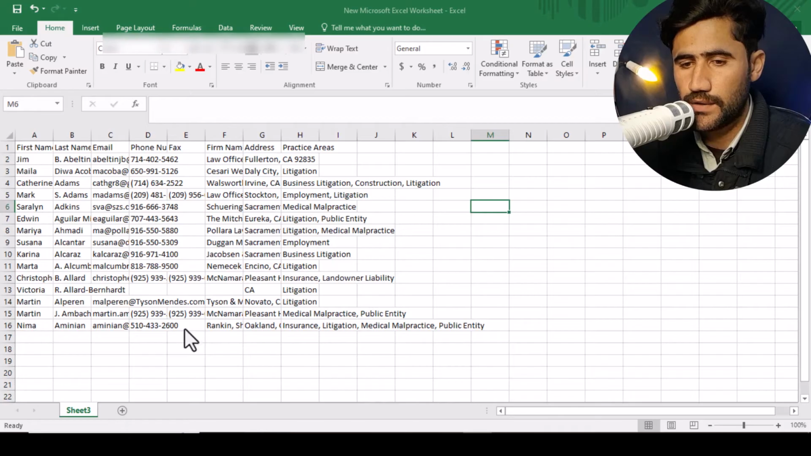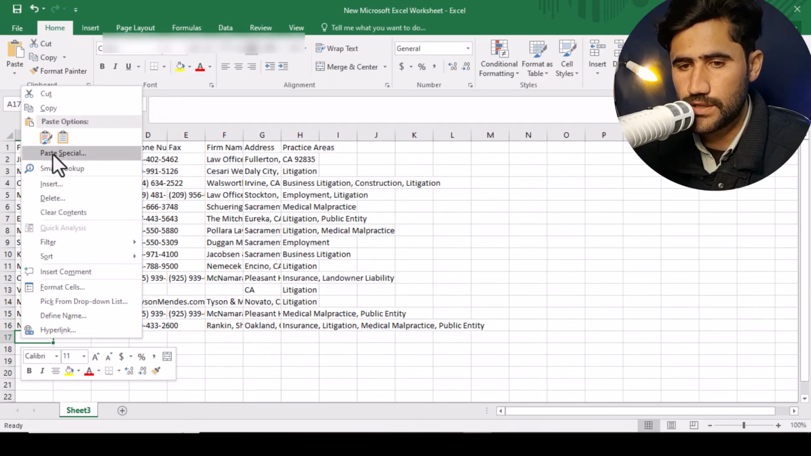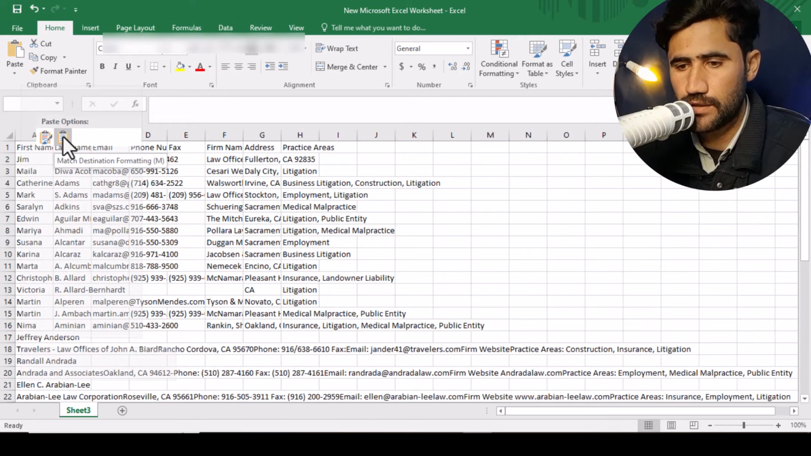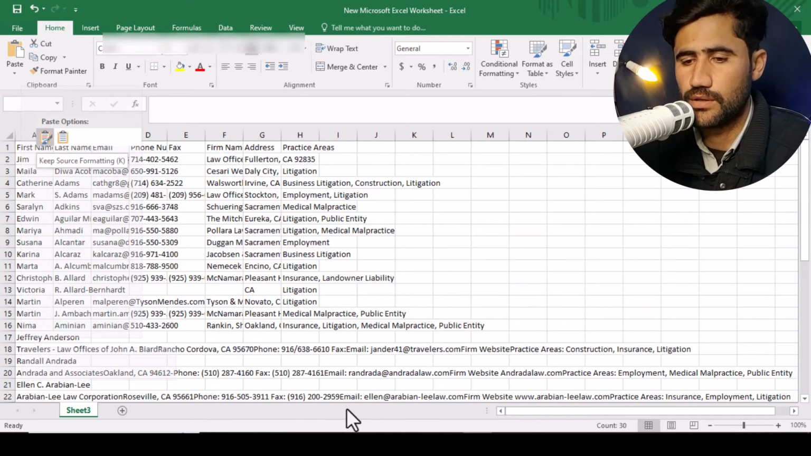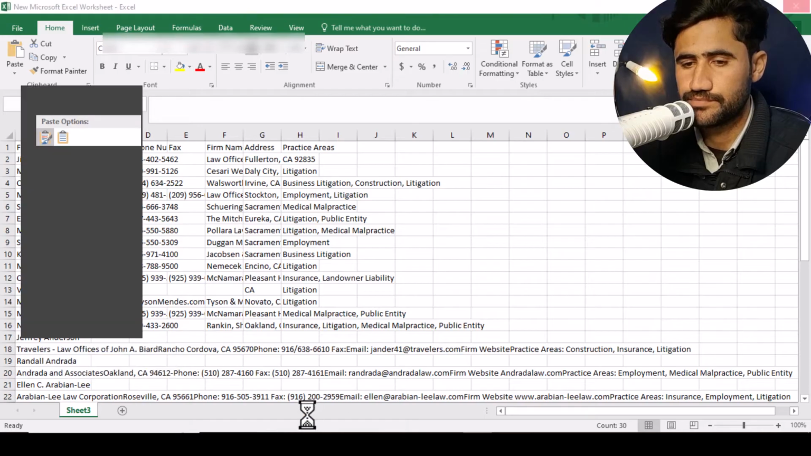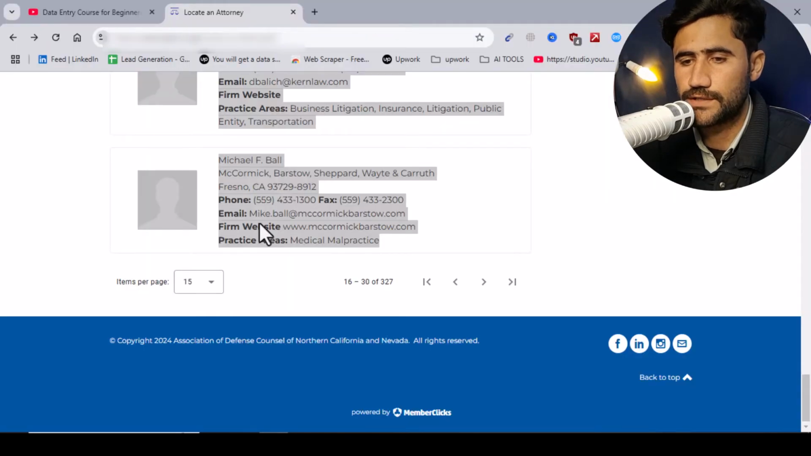And then, guys, I will click here in row 17. Just click here. Now here I will make the destination formatting. Oh sorry. Actually, first when you copy all the data,